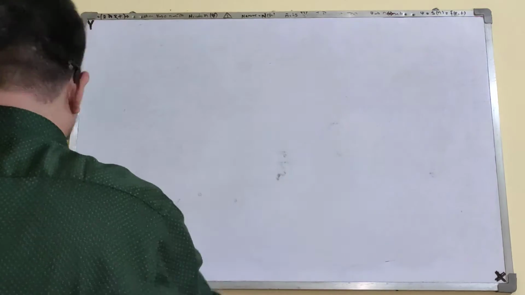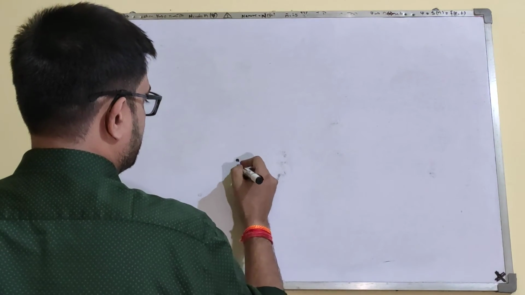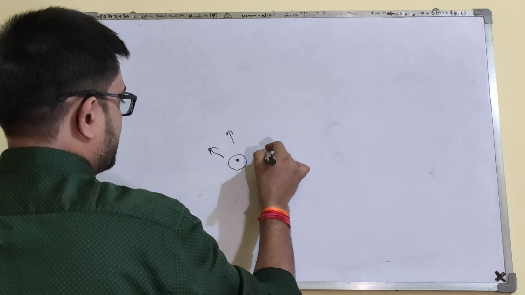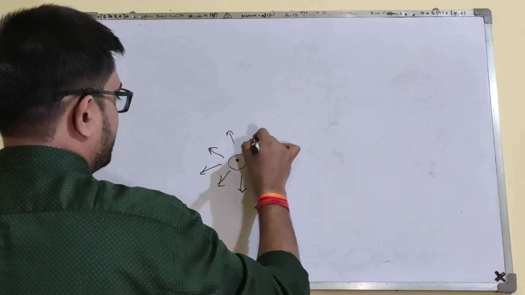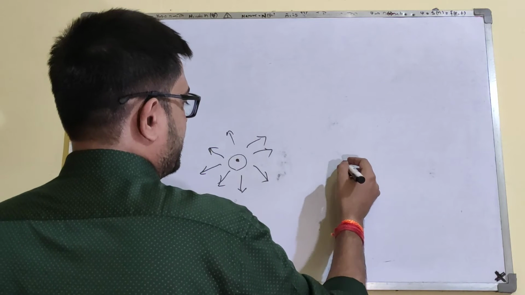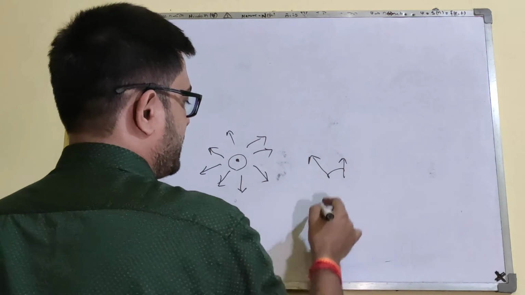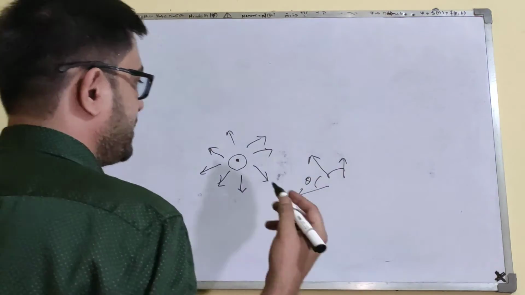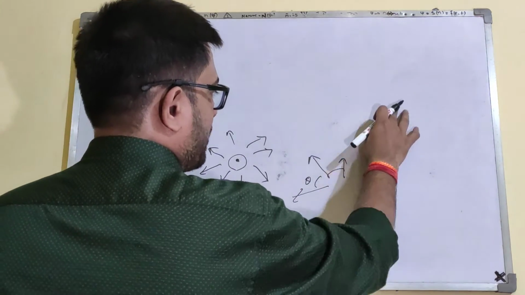And that is what we need in curl, because when I set this particular point as my reference, in the neighborhood, whatever vectors are, they need to have a net rotational tendency, and to have a net rotational tendency, the vectors must have a tendency to be at some angle from each other. The vectors would have to have some angle from each other, and it has to be in a way that the net would be either clockwise or anti-clockwise.